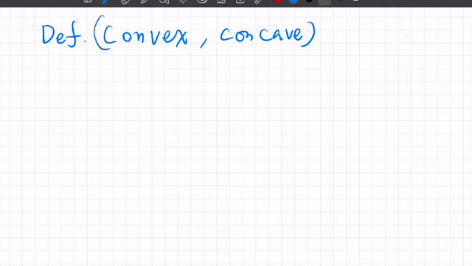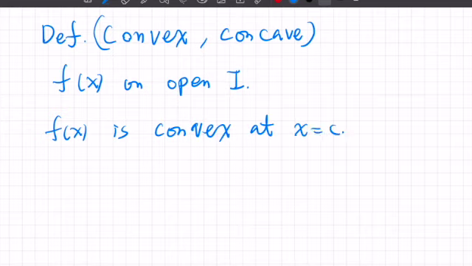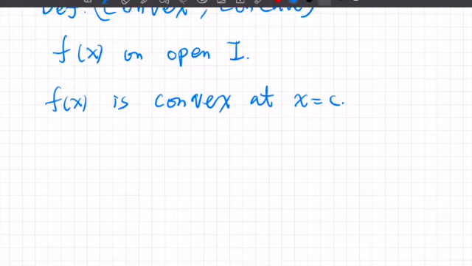Okay, and let's say f of x is a function defined on an open interval I. And we say f of x is convex at point c, if